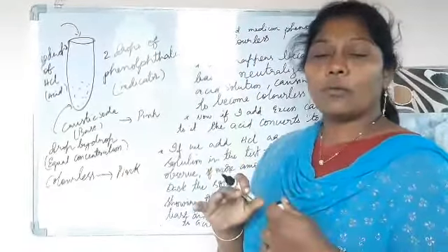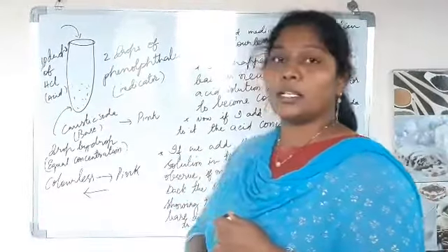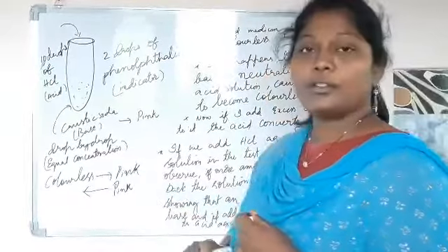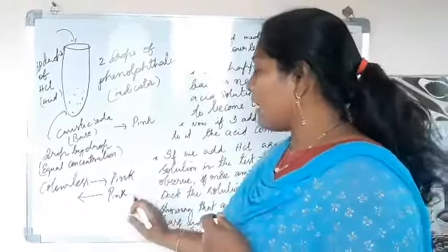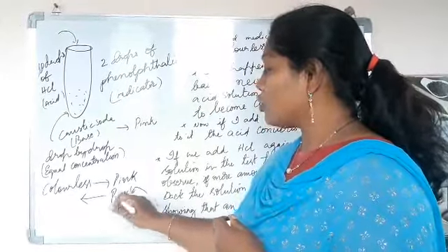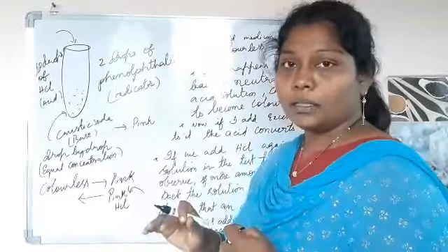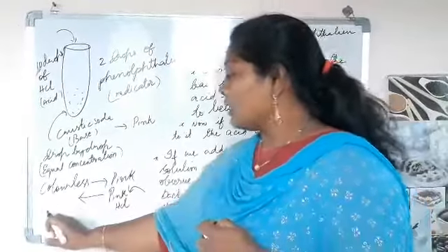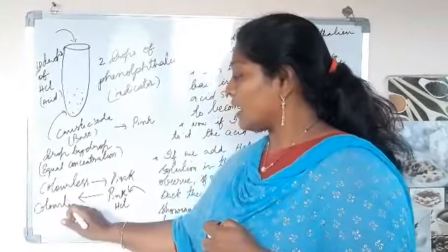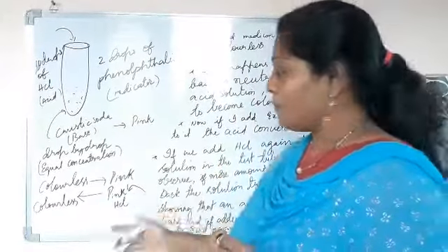Now what I wanted to say is, can this reaction be reversible? Now here the pink solution is there, which is neutralized. Okay. Now if I add HCl solution again drop by drop to this pink solution, what will happen? After a certain time, the solution again converts into colorless. So what is it? It is a vice versa reaction.